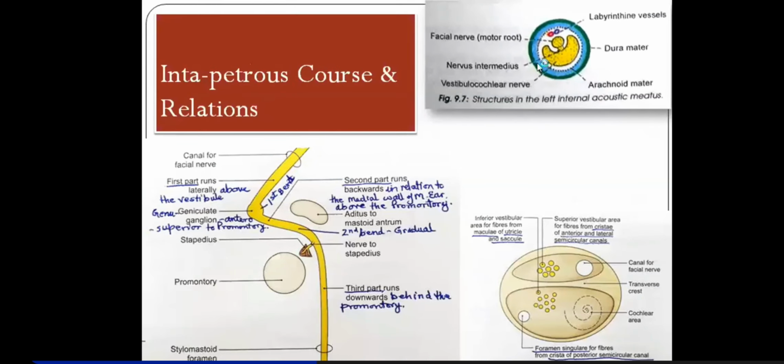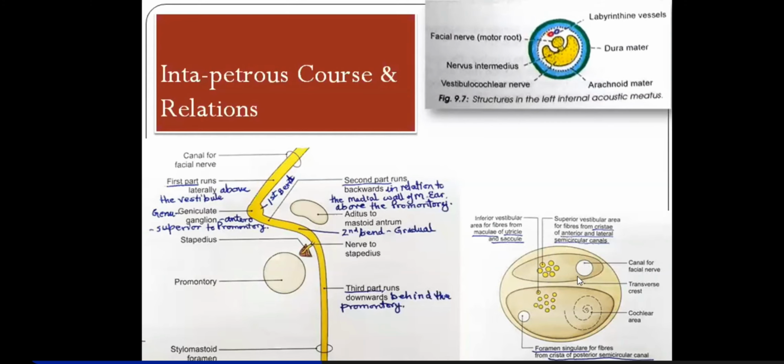Then in its course it moves forwards and laterally. Then it dips down into the fundus of this internal acoustic meatus. At the end of this short canal, there is a bulging called the fundus of the internal acoustic meatus. So this diagram you're seeing is the fundus of internal acoustic meatus. What you'll find is that it is divided by a transverse crest, so it has two cavities here, above and below.